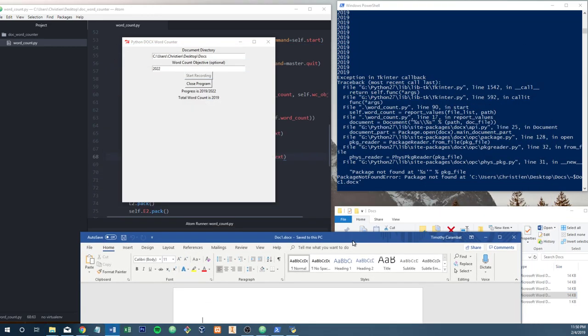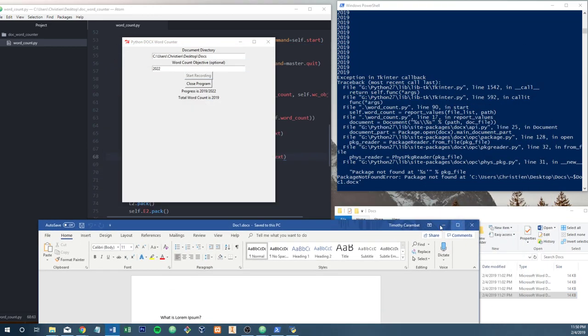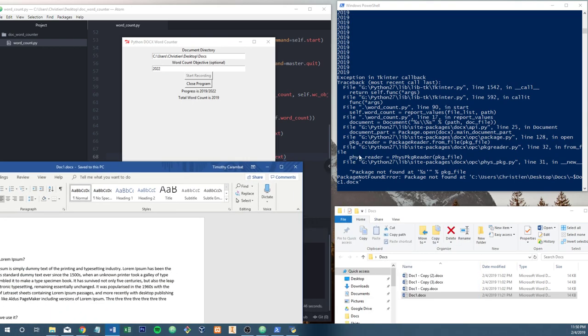Oh, okay, so let's see what happened. Okay, package not found at %s. No, not found. Okay, you see this tilde